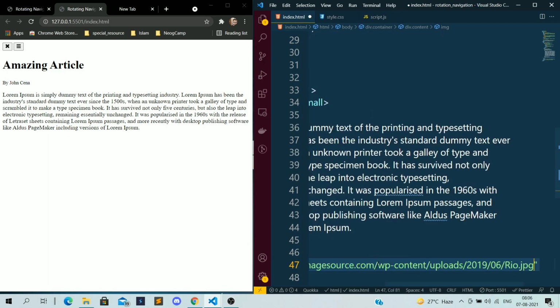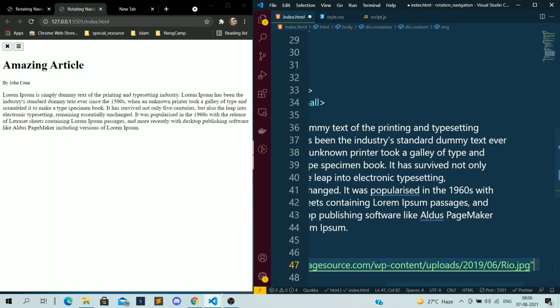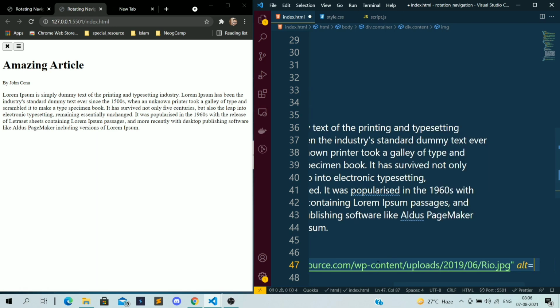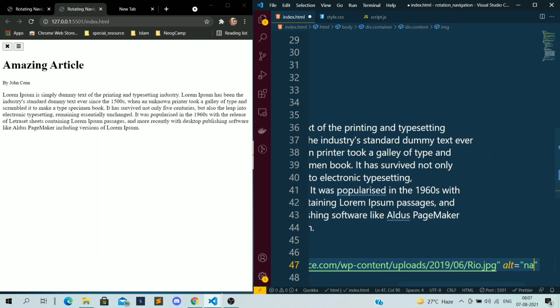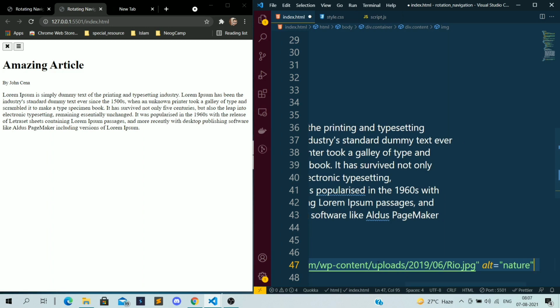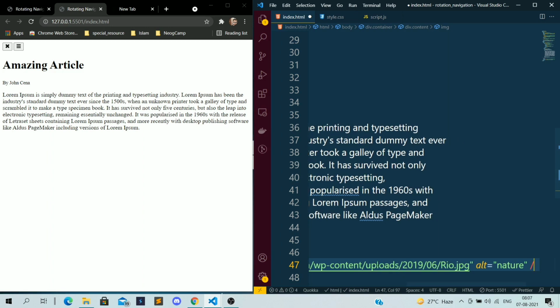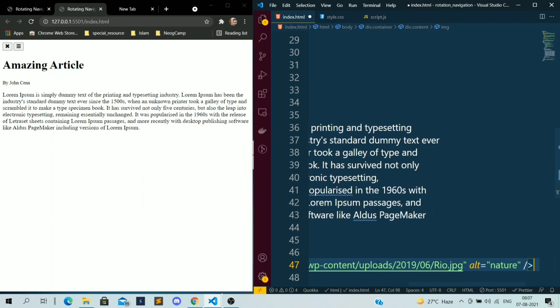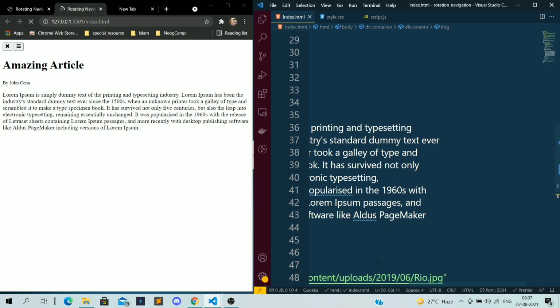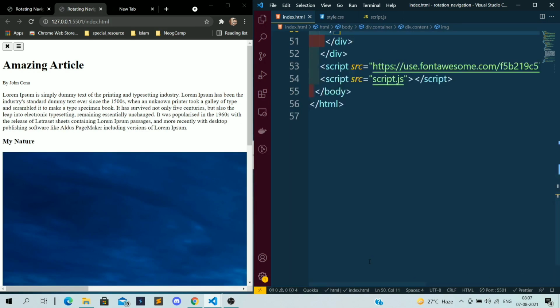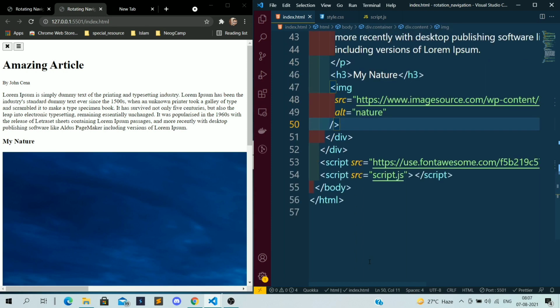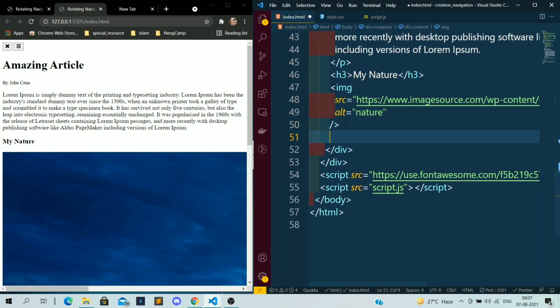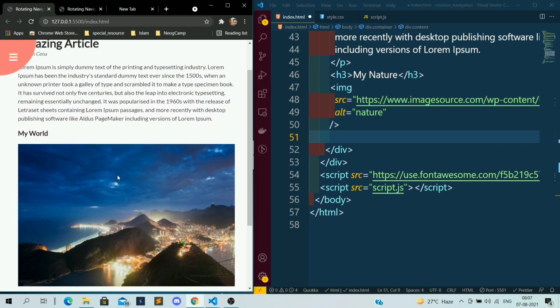Okay, so I want to add alt "nature". Okay, this I have added for the image. If you see, the image will come. Now after this image, what I want, if you see in the main project, after this image we have